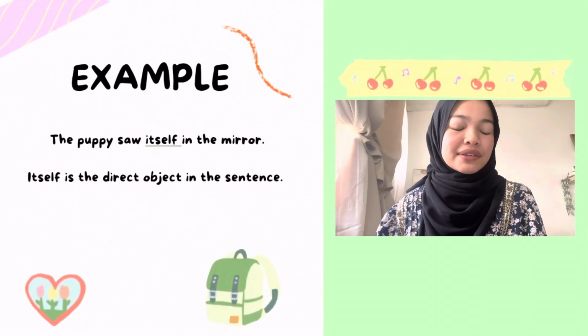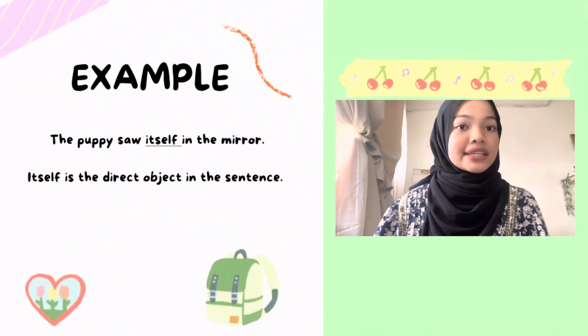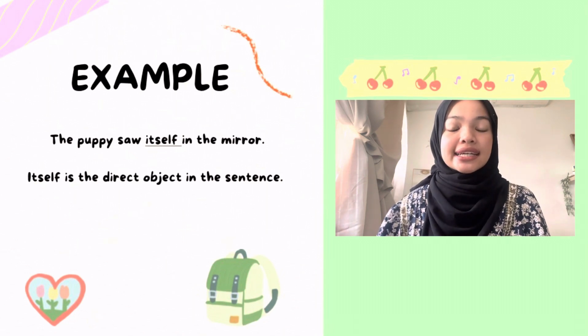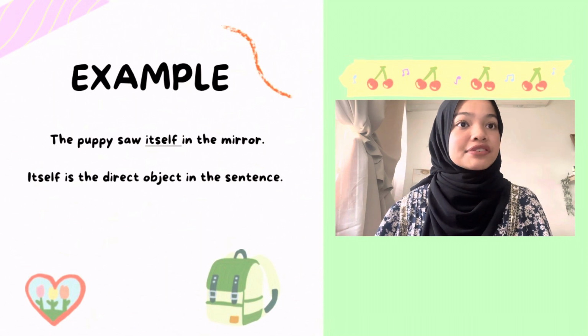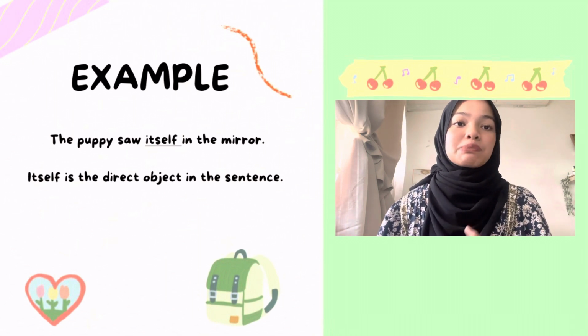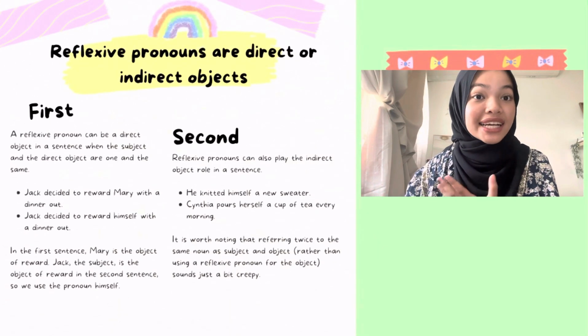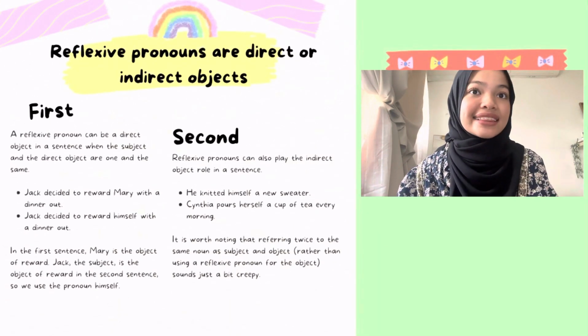Here's another example. The puppy saw itself in the mirror. Itself is the direct object in the sentence. The pronoun itself refers back to the subject, which is the puppy. So the puppy saw the puppy in the mirror. This pronoun can be a direct object in a sentence when the subject and the direct object are one and